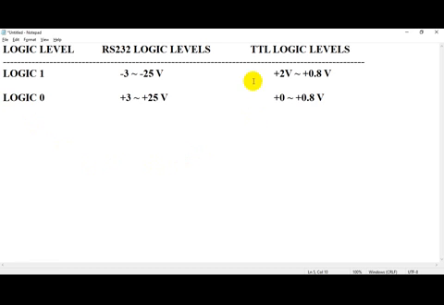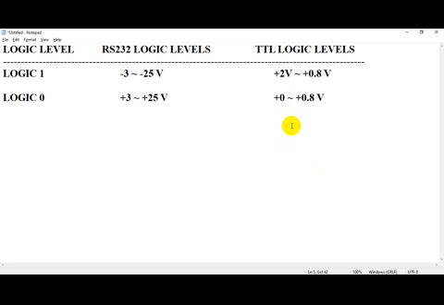But as time passed, more logic families were introduced, and one of the most common logic families, in which most ICs are manufactured, is the TTL logic family. Whatever gates you have realized in the lab all belong to the TTL logic family, and your 8051 processor also belongs to the TTL logic family.